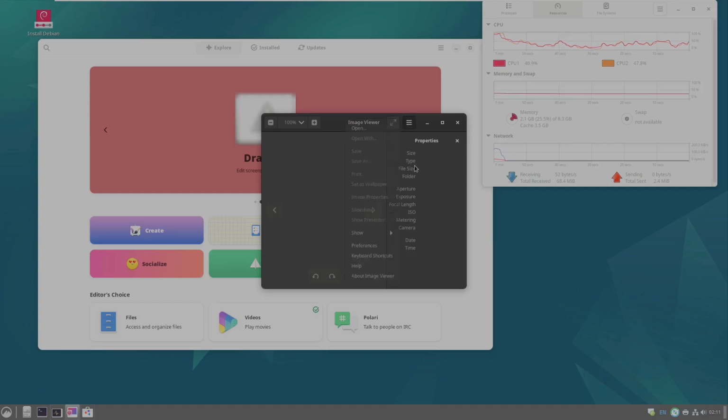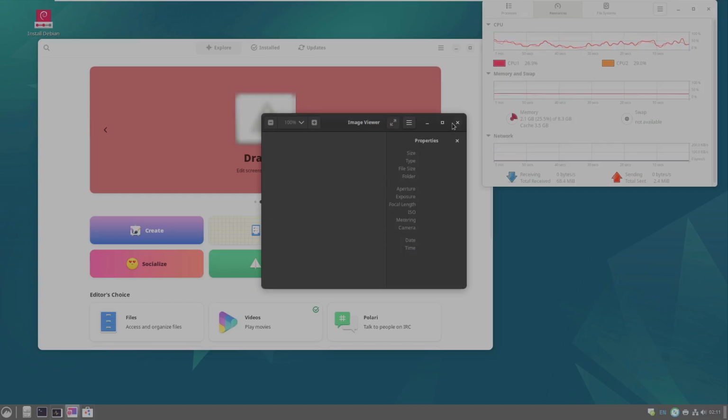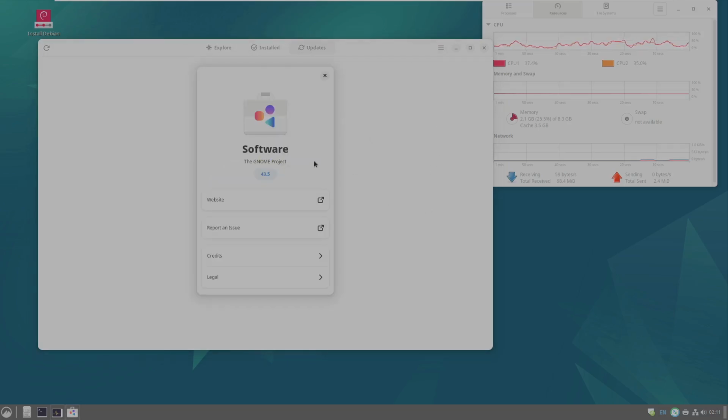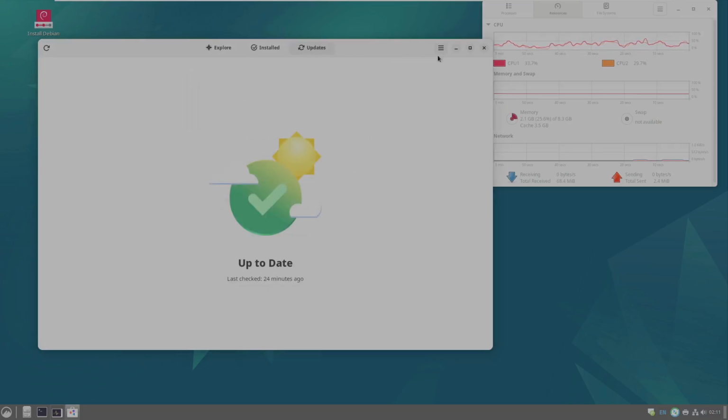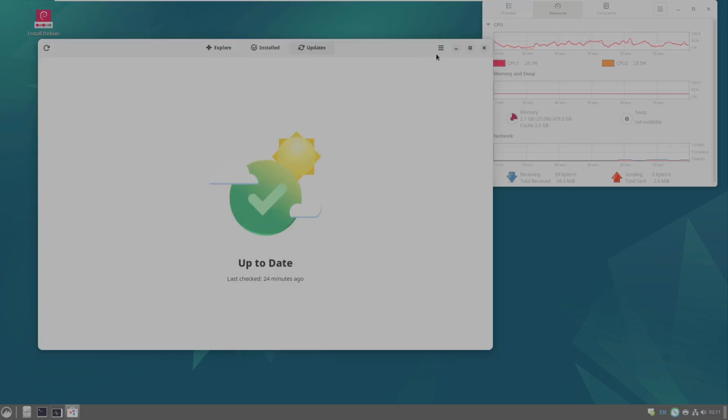Image viewer 43.2. So let's see whether we have any updates here. Last check 24 minutes ago, so there are no updates. About software, update preferences, you can change your preferences here. Software repositories,